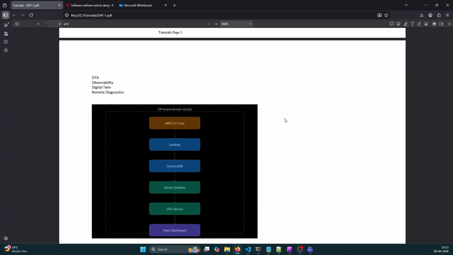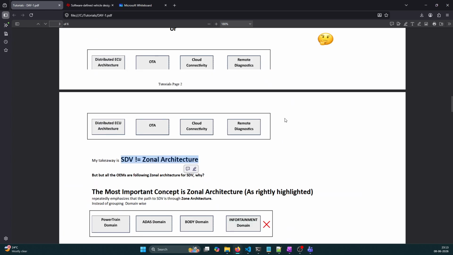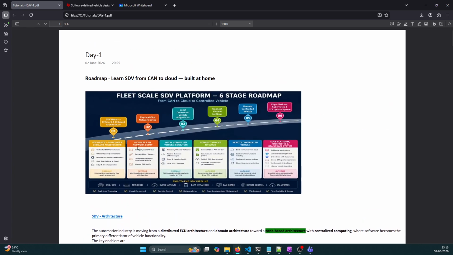In the next part, I'll talk about day 2. In day 2, I'll talk more about the physical CAN network setup. A lot of people have asked how you set up the physical CAN network, and why it is required, or whether it would be optional and we can go with a different approach. I'll talk about all this in the next